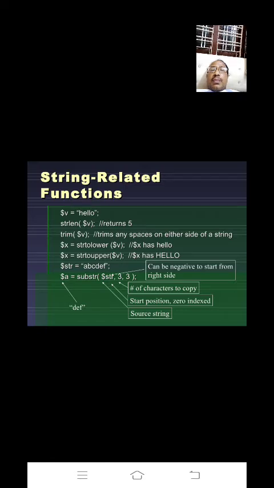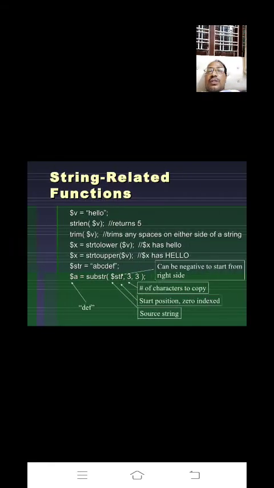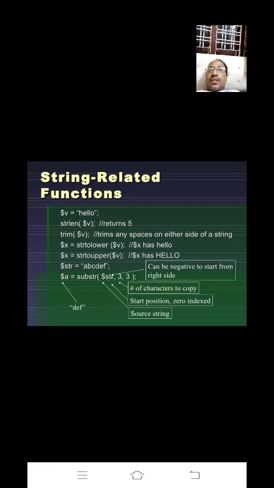So in variables, how do we store a string? We already know that in PHP the variables are declared with the dollar sign. In that, if you want to store a string, just write the string in double quotes. Here we have an example: $v equal to "hello".